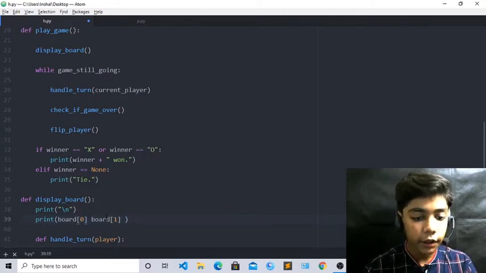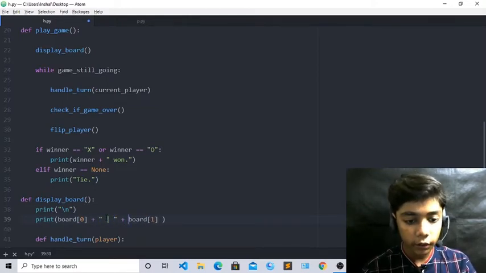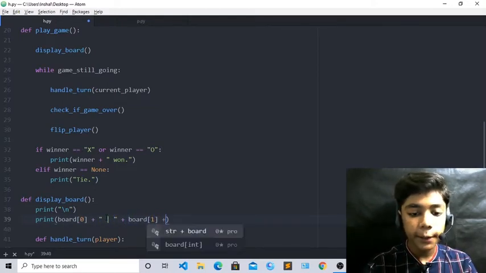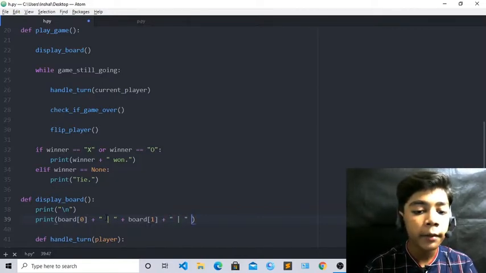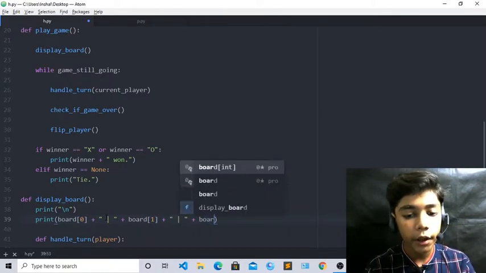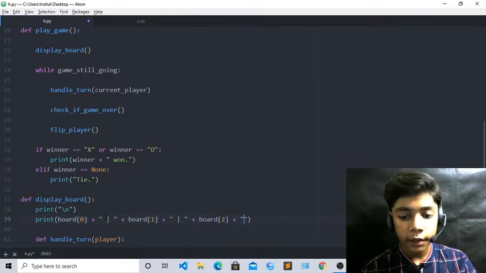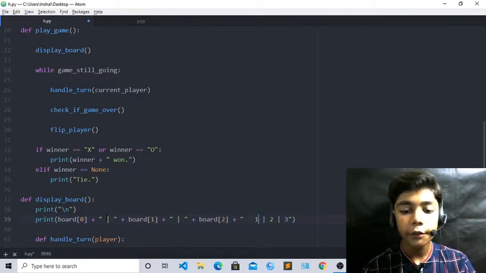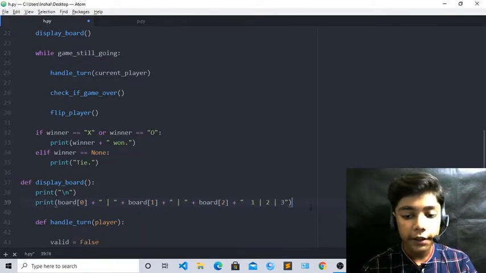Now you can see this, when you have done that, just a plus sign here. Now when you have done that all, just a plus sign again like that, and you have to write another vertical bar. Then from here you have to write the addition sign again, which will be board, and it will be 2, and then plus, and then 1, sorry, it will be 1, then 2, and then 3. Now when we have defined all these things, just press enter from here.